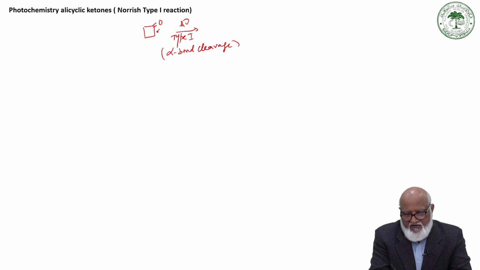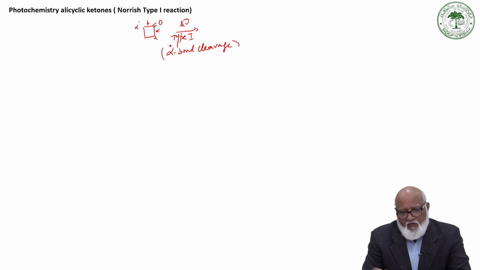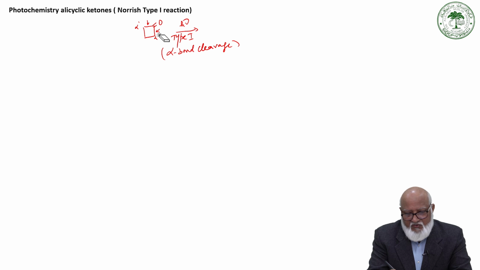So this is an alpha bond and this is an alpha bond, so this is an alpha carbon and this is also an alpha carbon. When it is symmetrical, we can cleave any of these, no problem. But if the alpha carbon is substituted,